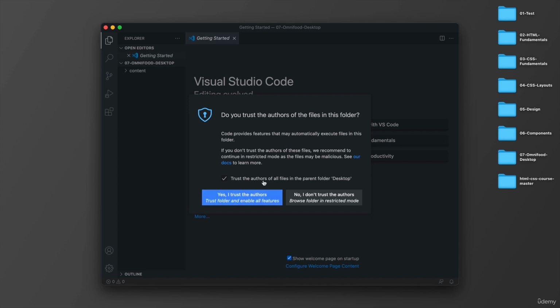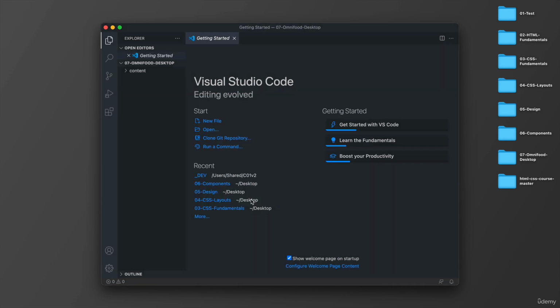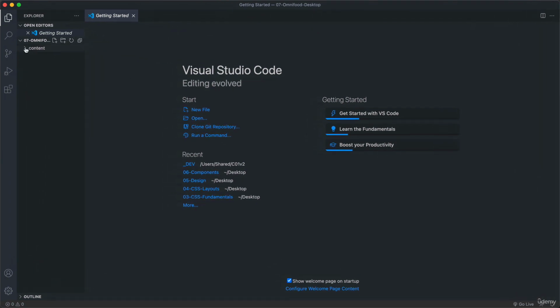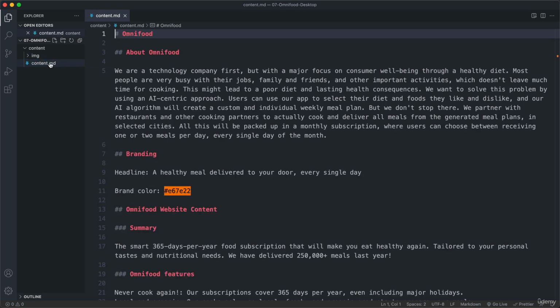Okay. This is something new here in VS Code. So just click on yes there. And okay, all we have here is this folder with the content. And then in there we have this image folder, which has all the images and even some more folders with images. And then even more importantly, we have this content.md. And MD stands for Markdown,